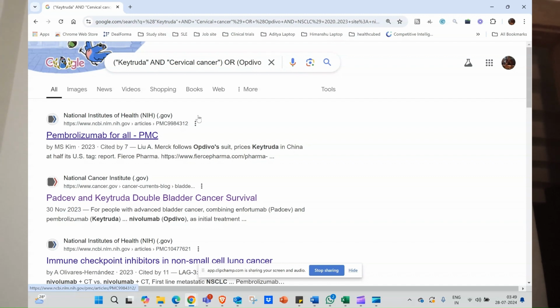So when we are looking for information from government bodies, that is also important. Usually epidemiology data, those sorts of information, usually comes from government websites. For example, NIH is also a government website. You can see it's a .org. So, cutting the story short,